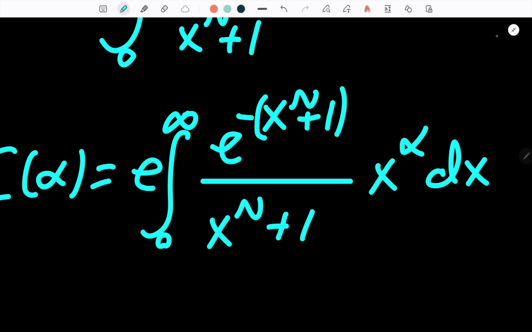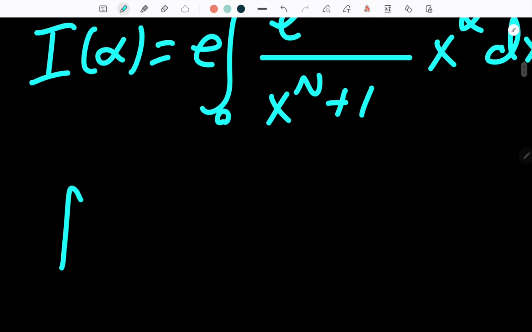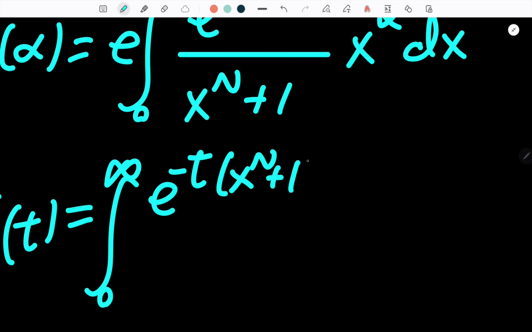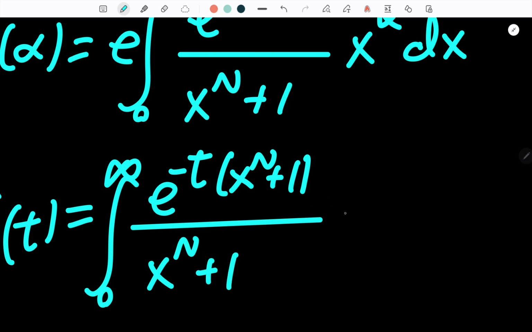Cool. Now, before we go any further, I'd like to define another function. Now, I know, 2 functions in one video, it's crazy, right? But it's just the solution I came up with to this integral. Now, I'd like to define the function f of t as the integral from 0 to infinity of e to the negative t times x to the n plus 1 divided by x to the n plus 1 and then x to the alpha